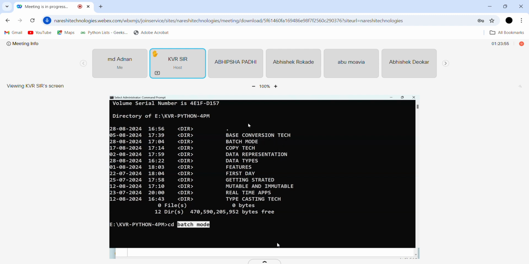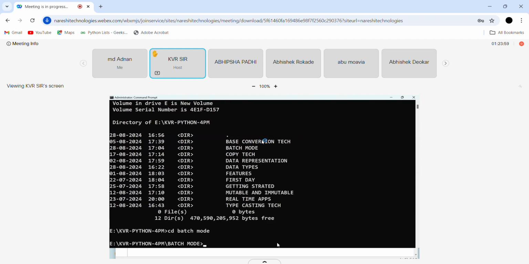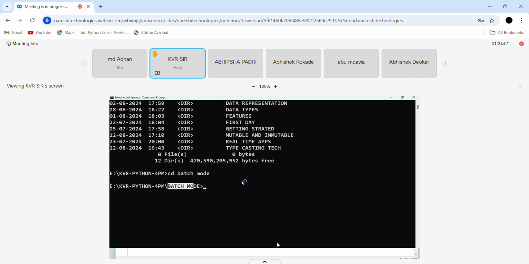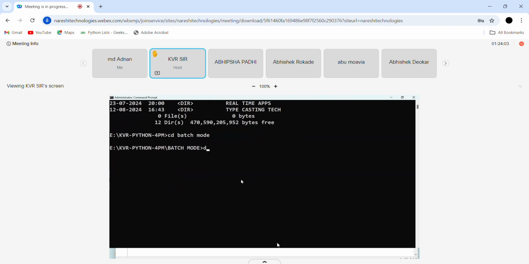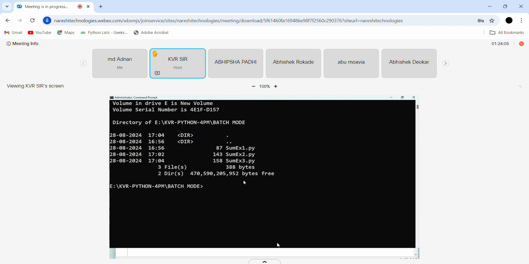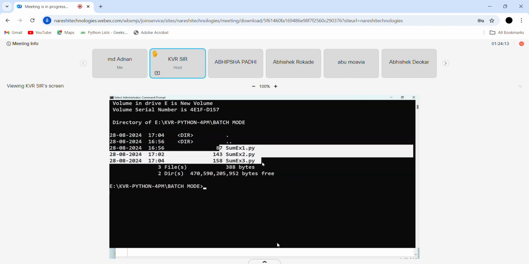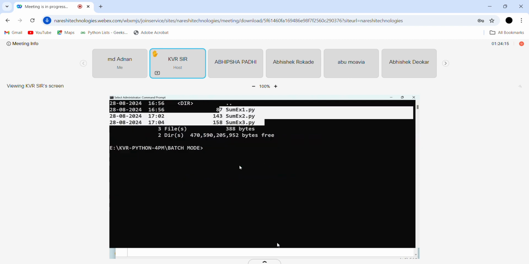When you write small or capital letters, the OS will not bother about it. Batch mode. So it went to the batch mode folder. In that, what things are present? You will say dir. Here: some ex1, some ex2, some ex3. These are my Python programs. Now I want to run these programs. To run these programs,